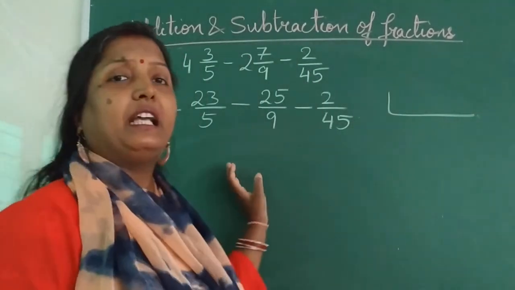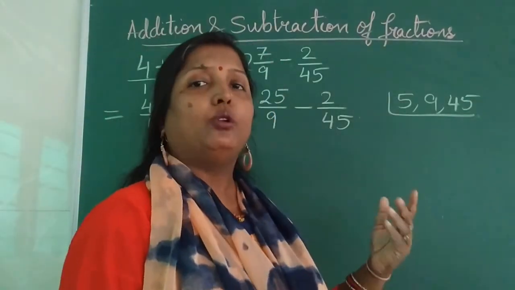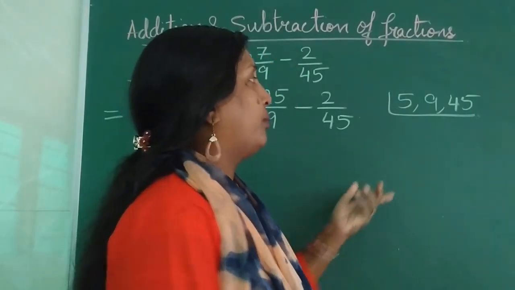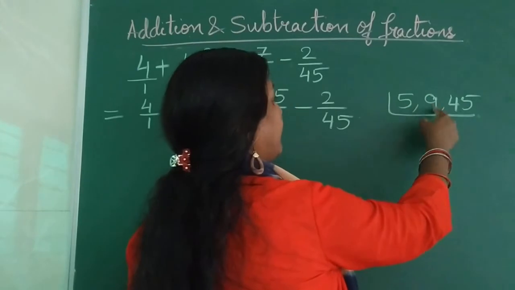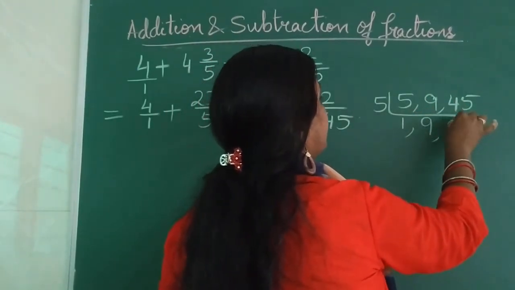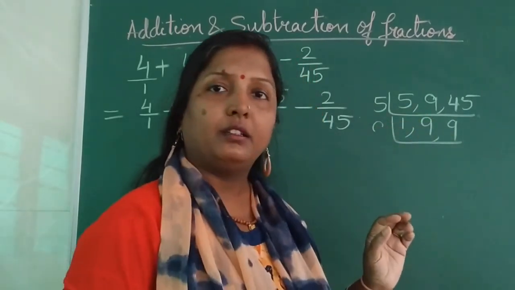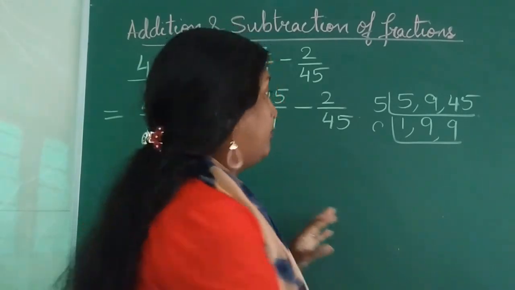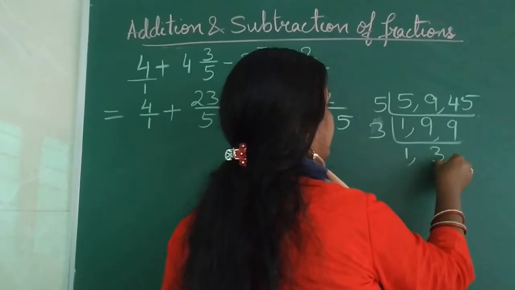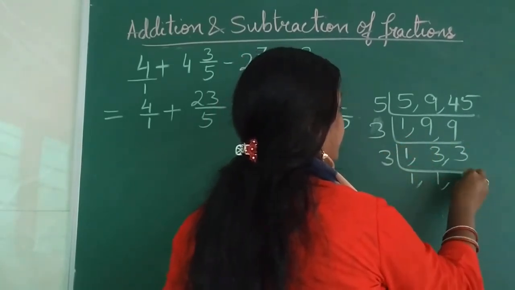Now when we are finding the LCM, do we need to write 1? No, 1 you know. Even if you take 1, no hassle, it will be copied as it is. So just to avoid copying the same thing again, I just took 5, 9 and 45 itself. 5 1s are 5, 9, 5 9s are 45, 9. Can I divide by 9? No, you remember we did prime factors only, okay. Well, 3 3s are 9, 3 3s are 9. 3 1s are 3, 1s are.